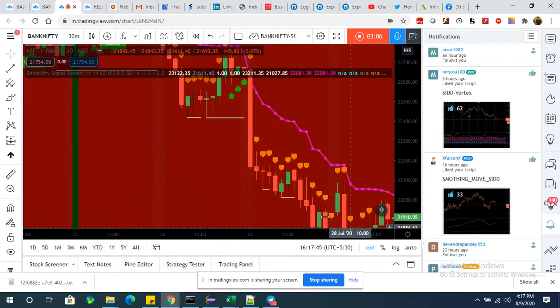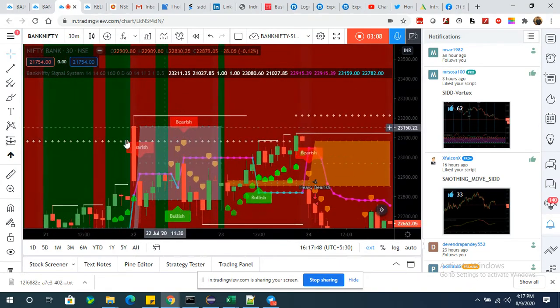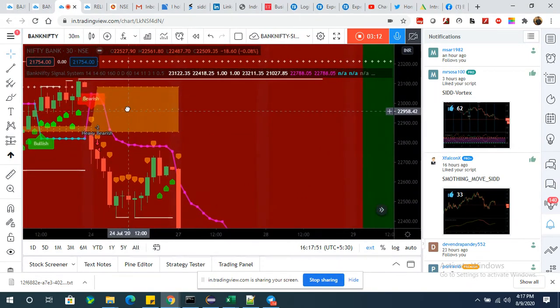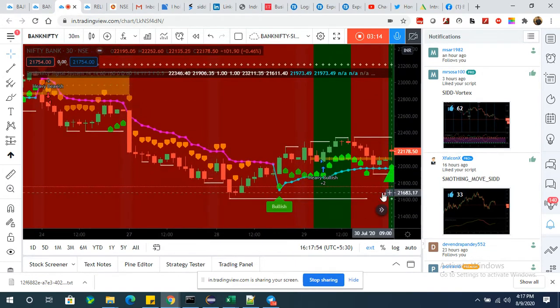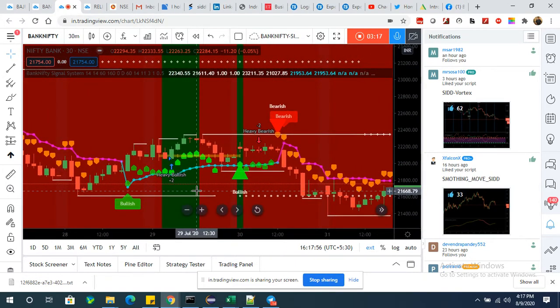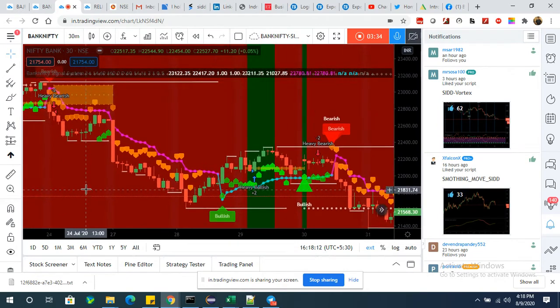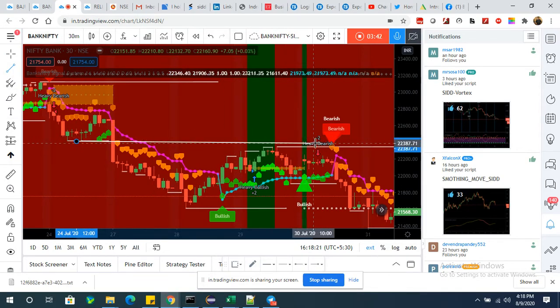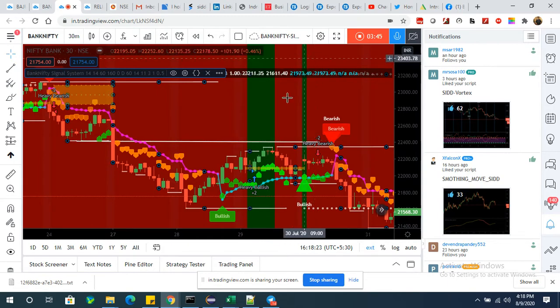I will explain later how to trade with those boxes as well, but let me first explain how to trade with the chart. Whenever you see a heavy bullish signal and it is not coming in a gap up area, take the trade, take 200 300 points and exit the trade. Or you can exit near the resistance lines. If this is the resistance line, just extend that resistance line, and near this line you can close your trades.